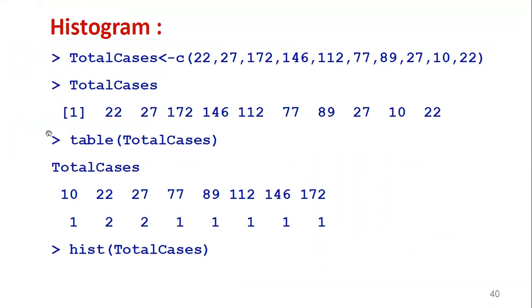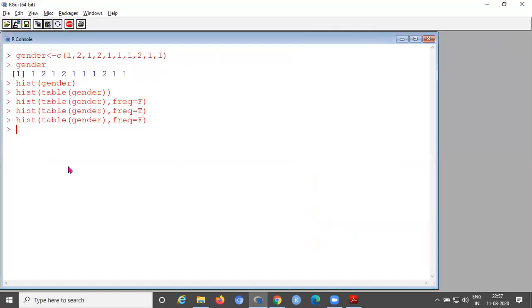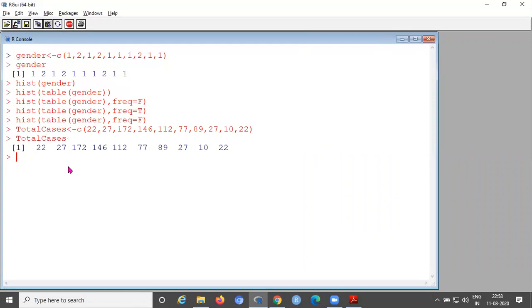Similarly, take the COVID data. For this also, you can demonstrate. So the total cases. First call that vector, total cases. First, to create the histogram with default, use the vector total cases.